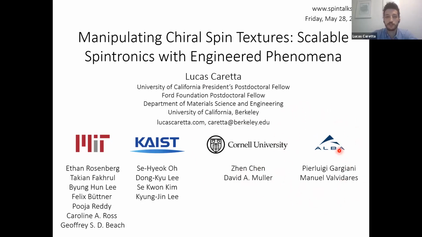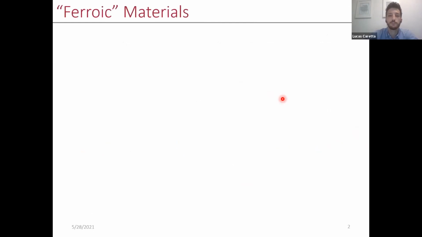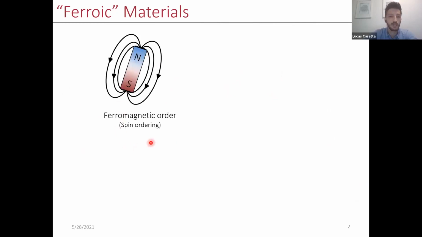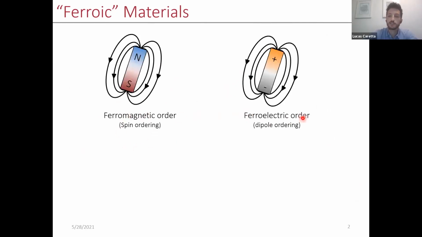So what I'll talk to you about today is really manipulating spin textures in these materials and engineering materials physics, another phenomenon to really achieve high performance and really access to physics. So most of my research actually focuses on different kinds of ferroic materials, not just magnetic materials. So these can be things like, as we know, magnetic systems where we have spin ordering, as well as other types of ferroic systems like ferroelectrics, which have charge ordering.